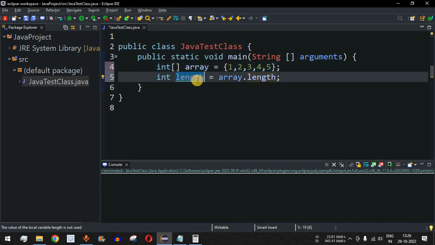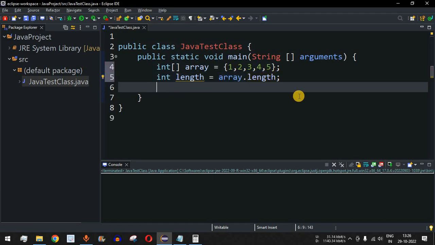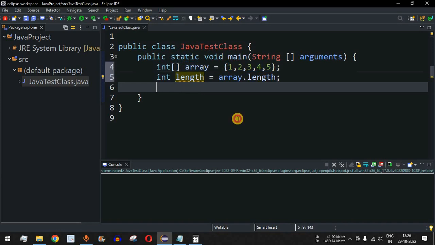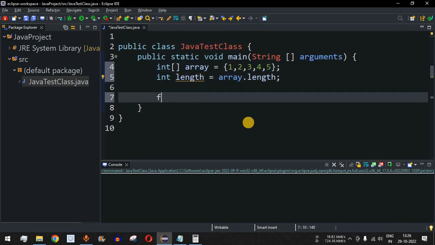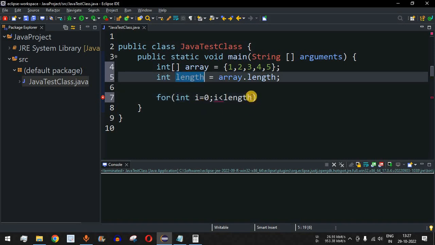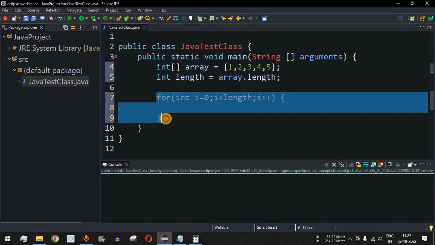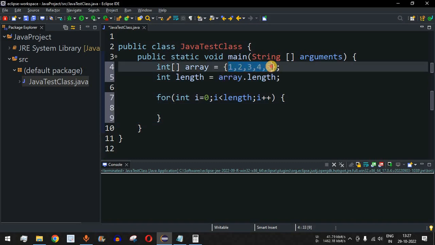So over here we have got the length of the array by using the array.length property, and now we can use this length in order to go through each and every element inside the array and find the sum of all these elements by using the for loop over here. So we will define the for loop, and inside this for loop, the for loop will go from int i equal to 0, till i less than length. That's because we have already found the length of the array elements, and then after that we have i plus plus.